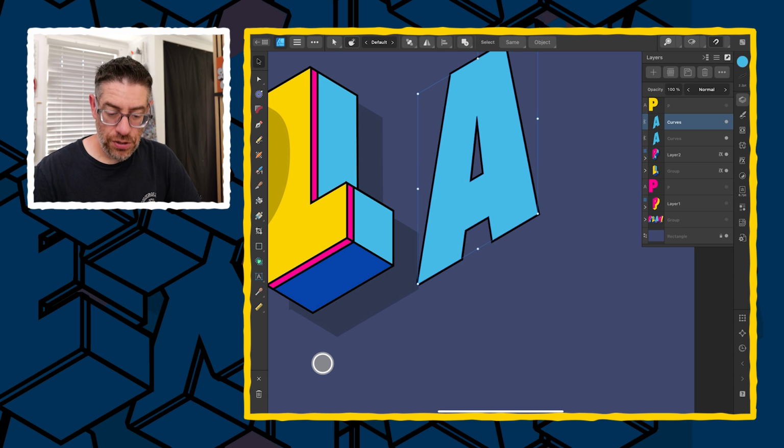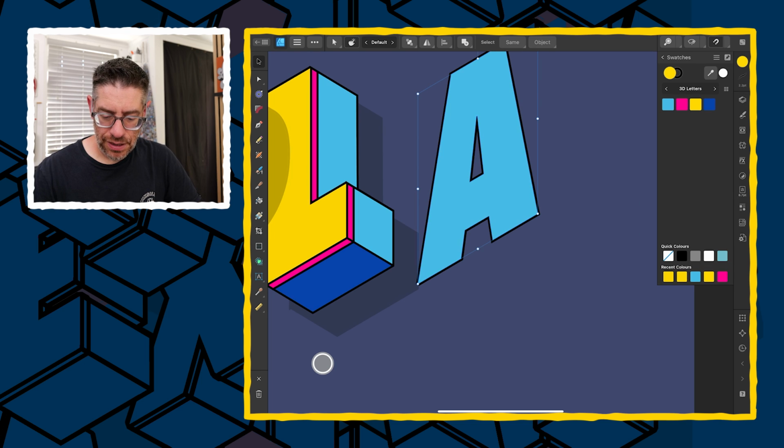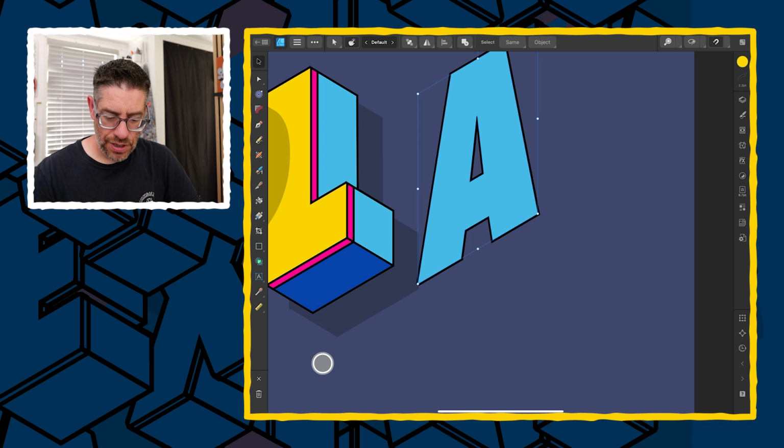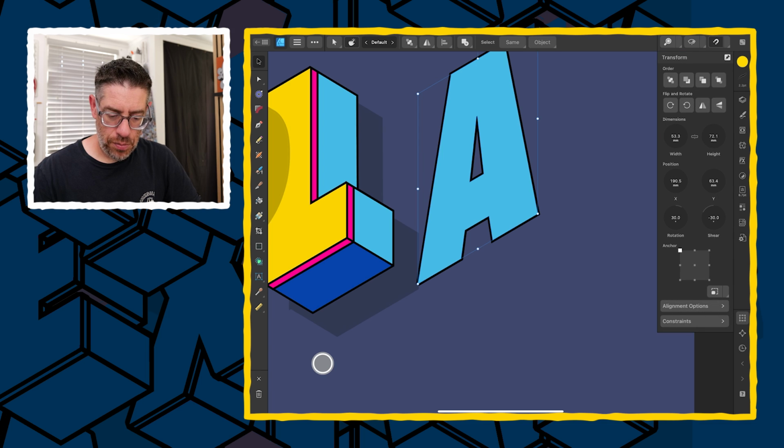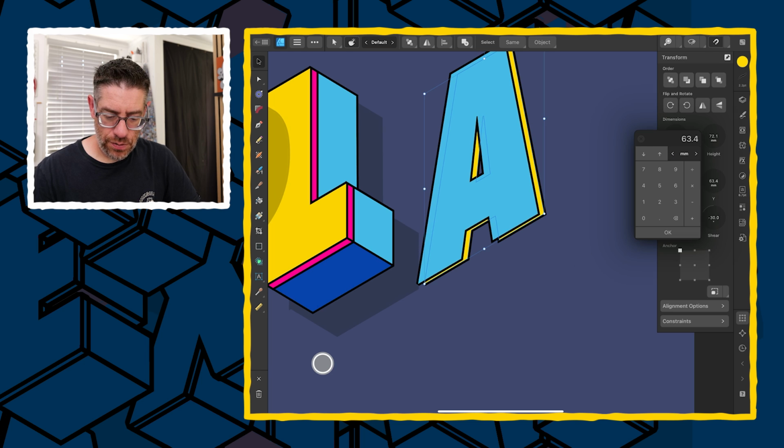Go to the bottom layer of those two, actually select both of those for the minute, and go to group. The bottom layer we're going to make yellow, and then go to the transform tool. Go to X plus 2.5, Y plus 1.5,